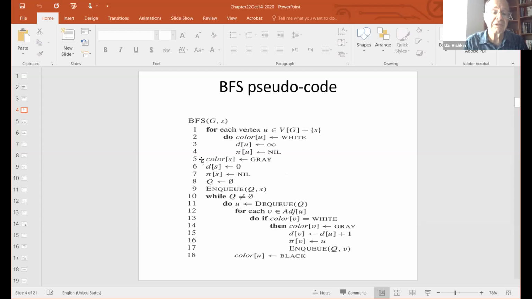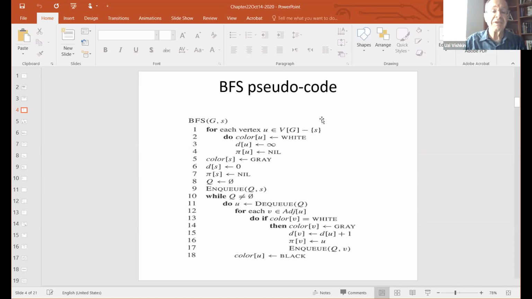I hope that it will not be too overwhelming to look at the code. It's not a very, very difficult code. So basically, the idea will be to have an initialization phase where for all the vertices, with the exception of S, which is the start node, which, as I said, comes with the input,